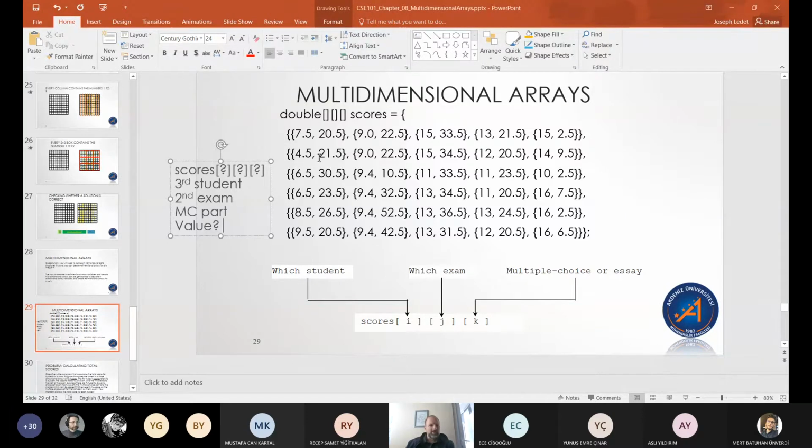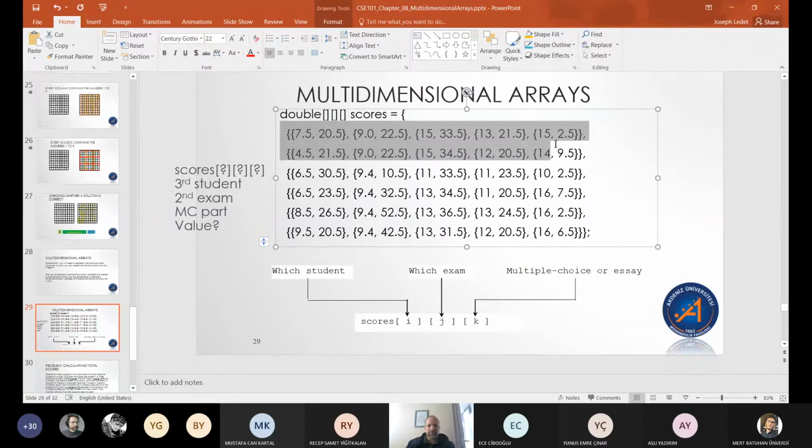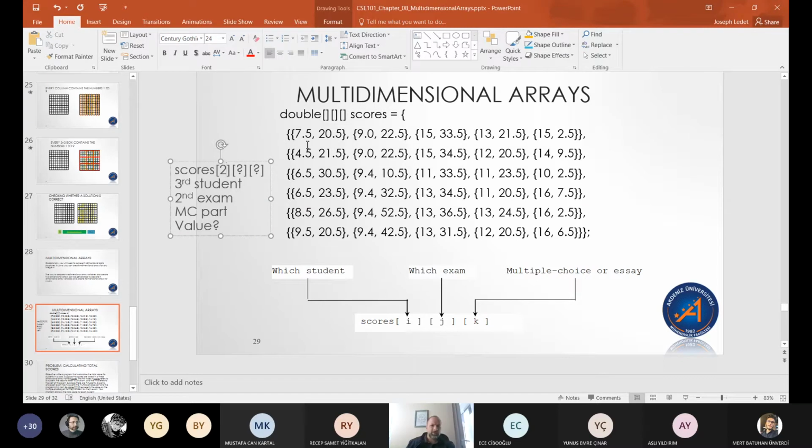Okay. All right. So those of you who said the third student, it's zero indexed. So the first student is actually the zero index. So for the third student, I'm going to need to use the 2 to get them. Then the second exam, same thing. I'm going to need to use the 1 to get that. Now, what we said was the multiple choice part for each of these would be the first value in each of the arrays. So the first value means I'm going to use the 0 index, right? So what'll happen is it'll go 0,